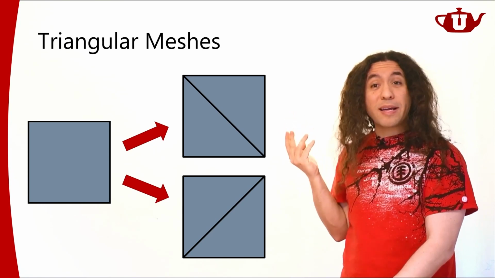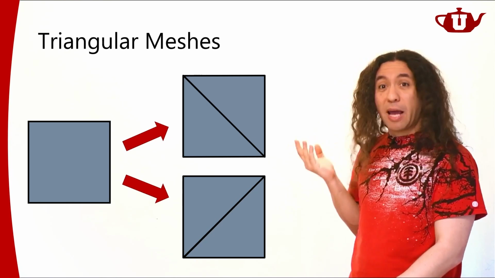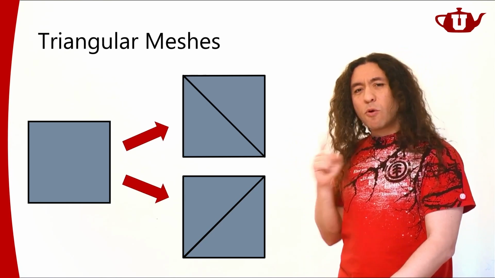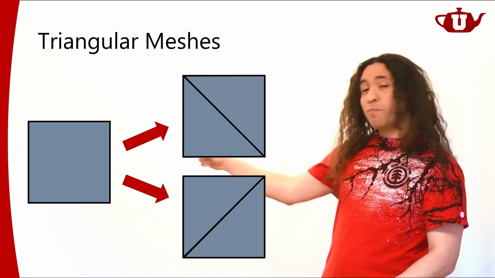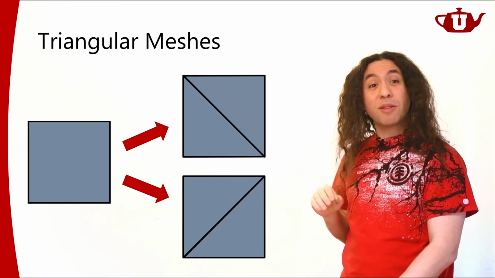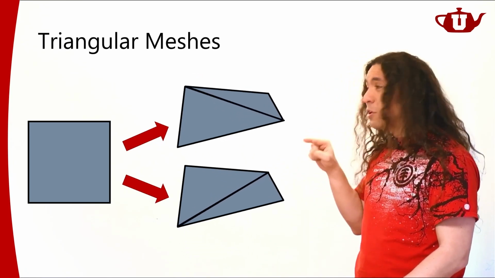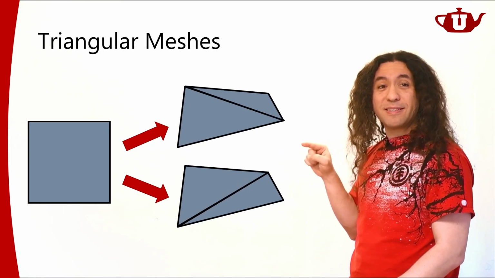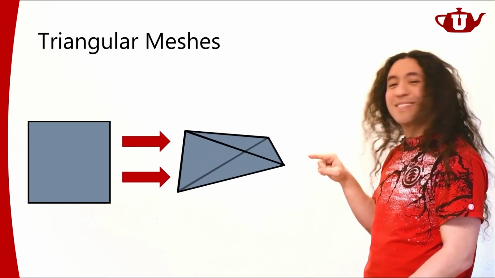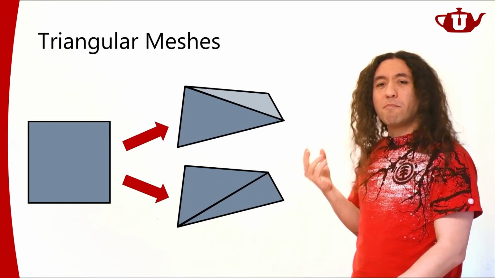So which one would I pick? It's really hard to choose because they look the same. It's as if it doesn't matter. But in 3D, it would matter, especially if these 4 vertices are not on the same plane. If they're not planar, then the 2 triangles you get out of them would look a little bit different, right? These are not the same shapes. They're different shapes. So triangulation might matter.